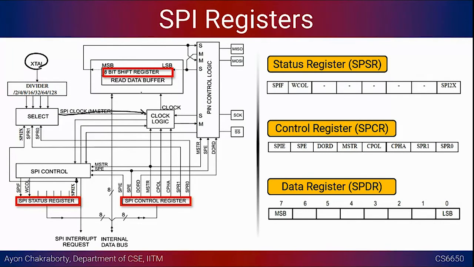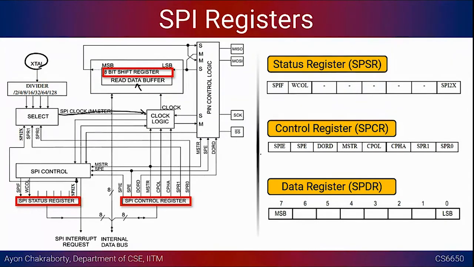So the read data buffer is going to pick the data up from the data bus, transport that particular data into the shift register, and then if you are doing a transmit operation, the data will be shifted and go out of the master out slave in, if this is a microcontroller. And the SPI control register has a lot of purposes: how you are configuring that particular device.